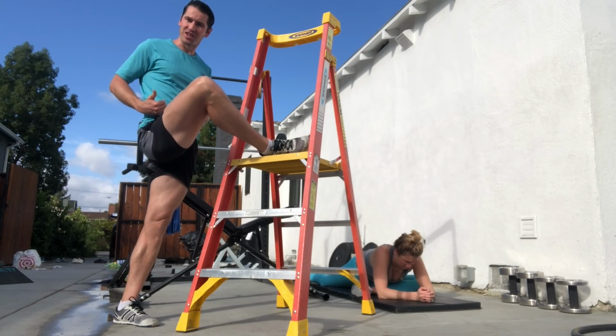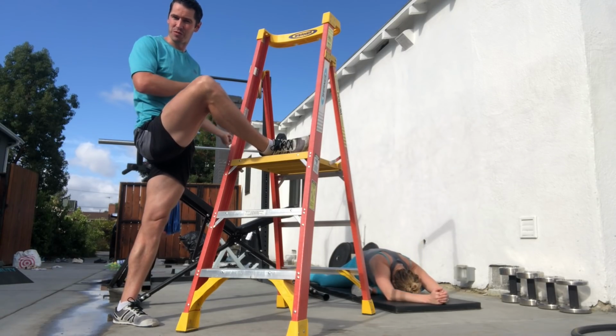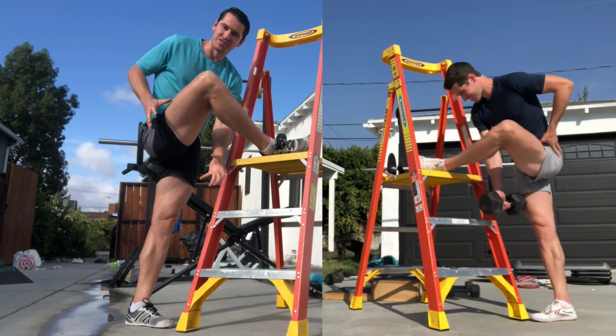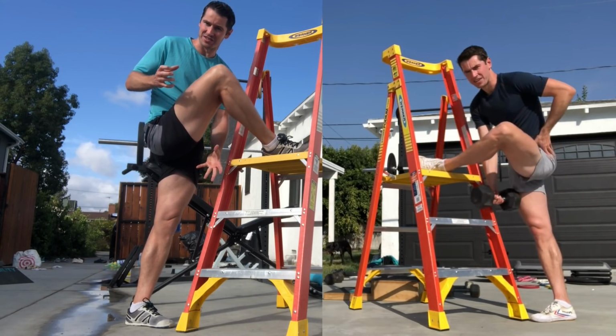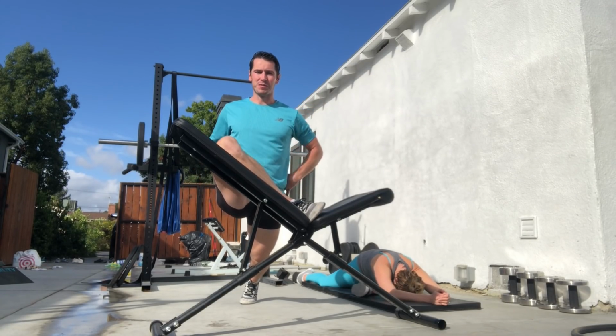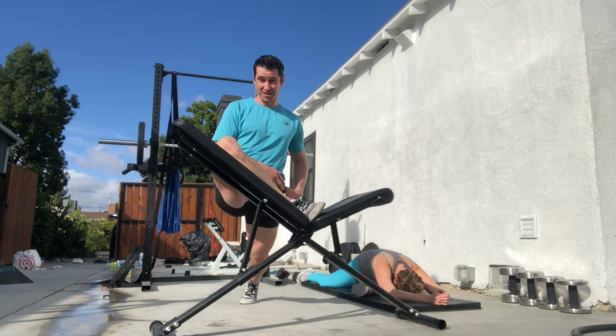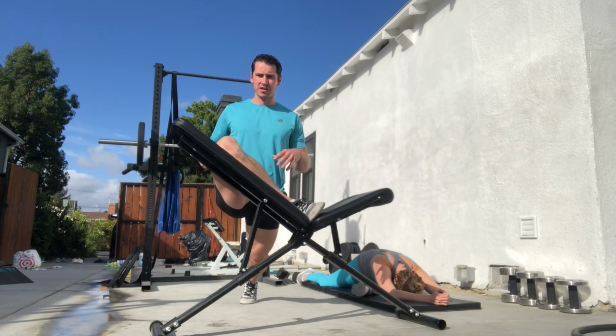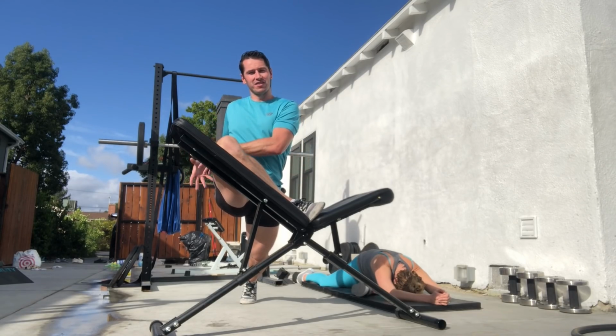But notice in this position, I'm not really loading it like I am with the bench. So I started even adding load, but honestly, this is just so much more awkward and I think unsafe. Whereas this, because I'm stretched back now, it actually gives me load. It also adds in a nice little hip flexor stretch on this side, so that's a really nice bonus when you're doing hip workouts. So in this position, just a 30-second hold, I can now stretch and strengthen this area